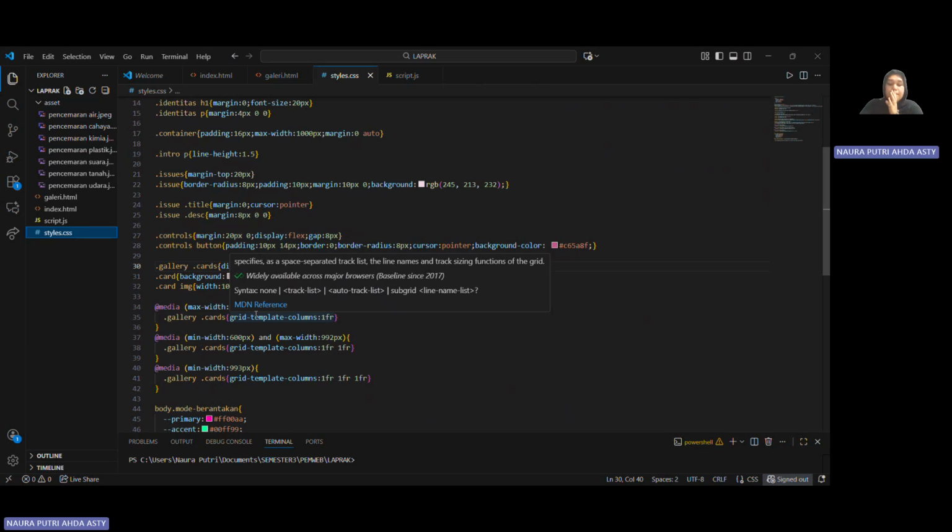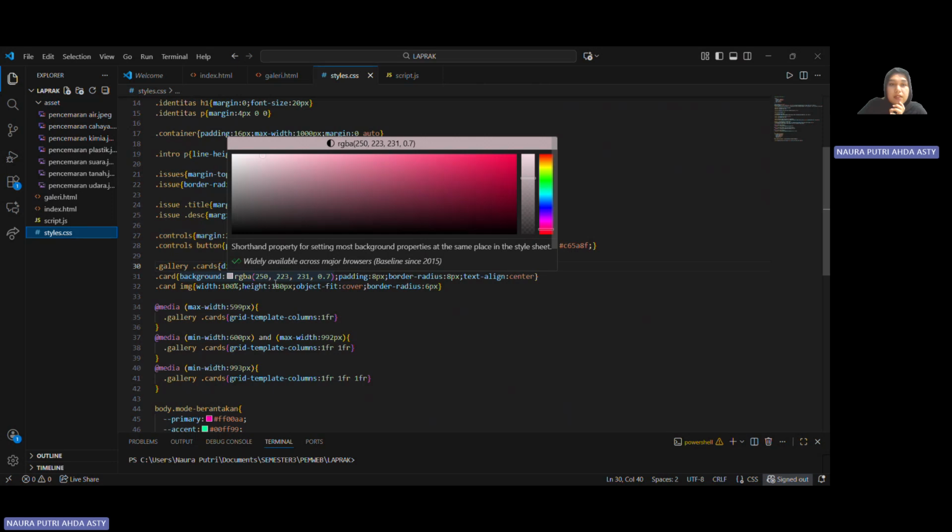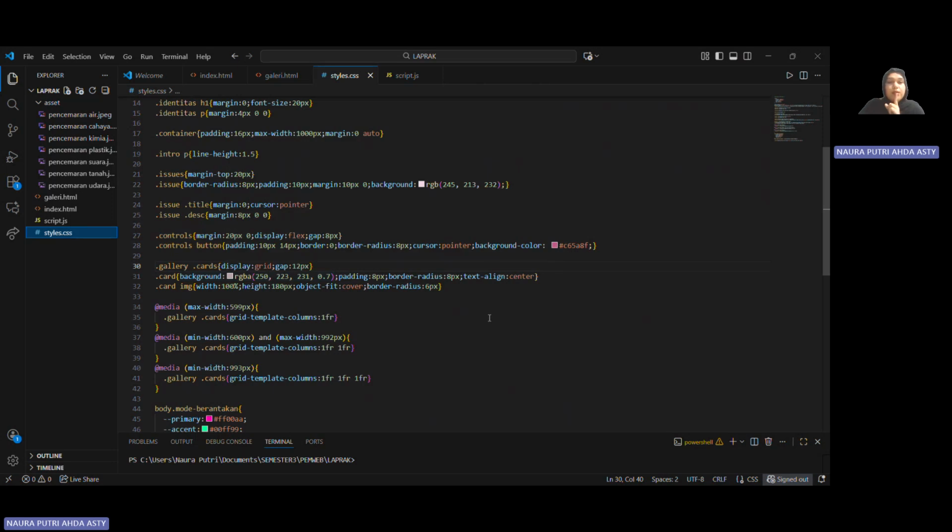And then the next one is the gallery cards. We use this to arrange the size of the images. On a small screen, we only have one column, one picture after another. On a medium screen, like a tablet, maybe, there are two columns, a picture and then another picture, until the last one.